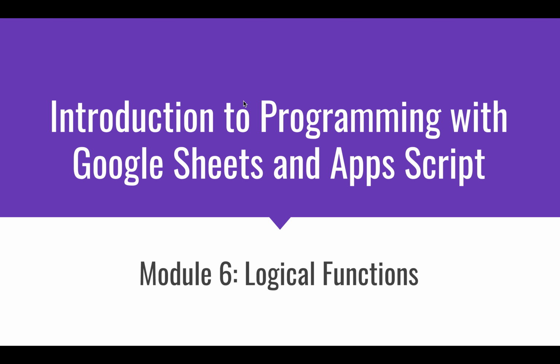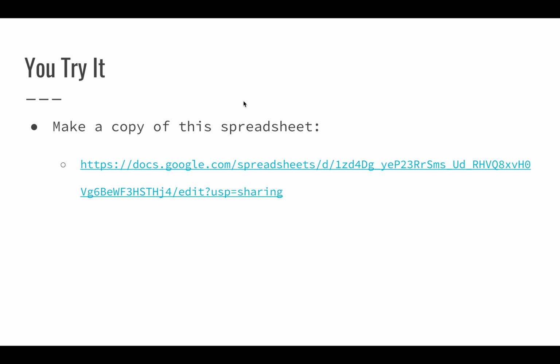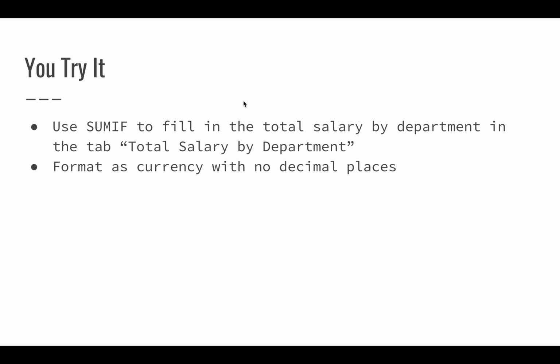Now that we've seen a bit about how to work with logical functions, let's go ahead and try an example. So make a copy of this spreadsheet. This spreadsheet contains some salary data for Chicago employees. It's a spreadsheet that I got from a government data source, so I don't even know if it's accurate, but it's interesting data. We're going to use the SUMIF to fill in the total salary by department in the tab